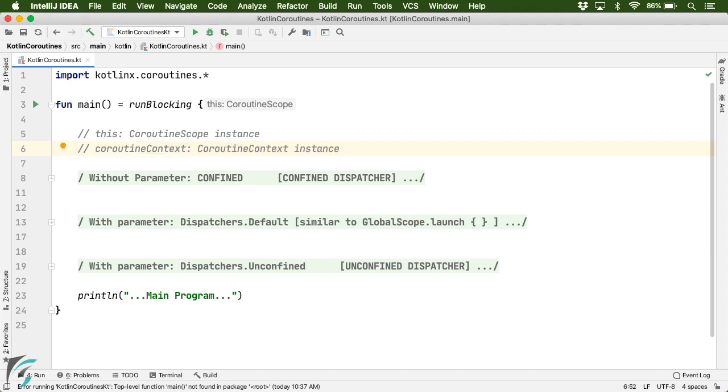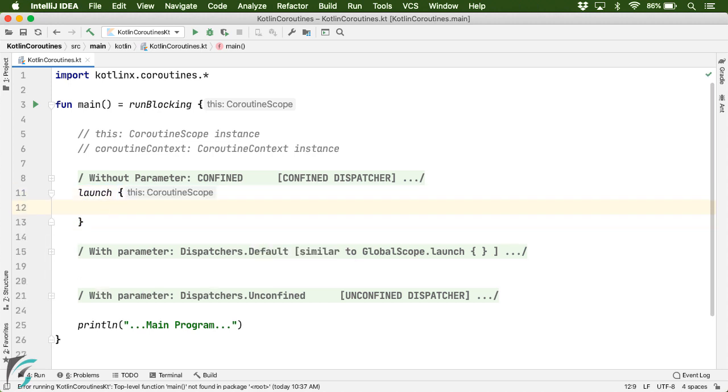Now let us see how the coroutine context plays a role in determining the thread for each coroutine. Let us start with the coroutine without parameter. Well, this is also known as confined coroutine, which I will talk about shortly. So when you create a coroutine without any parameter, like this, then it is going to inherit the coroutine context